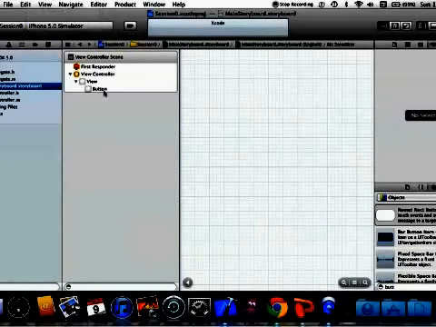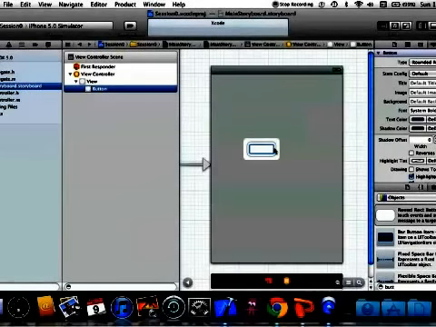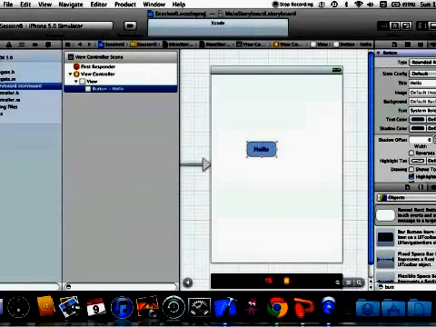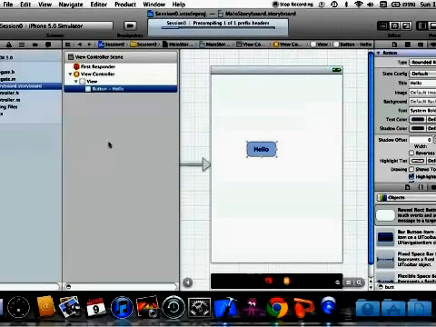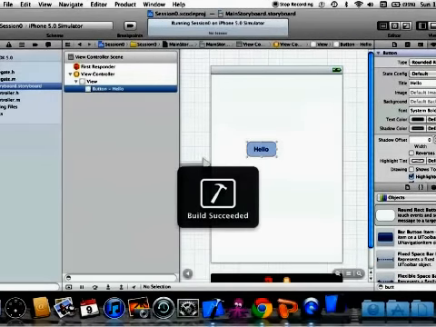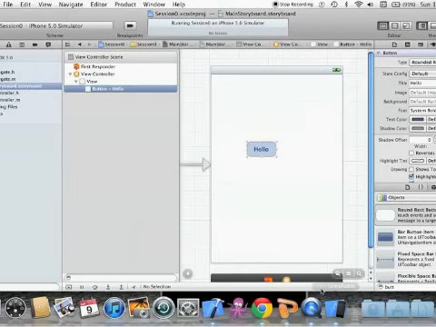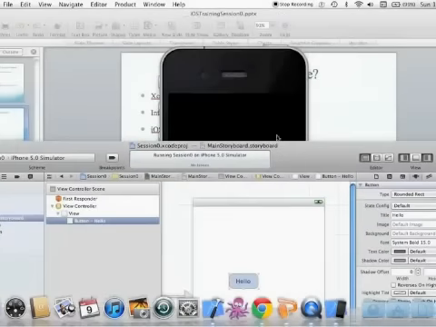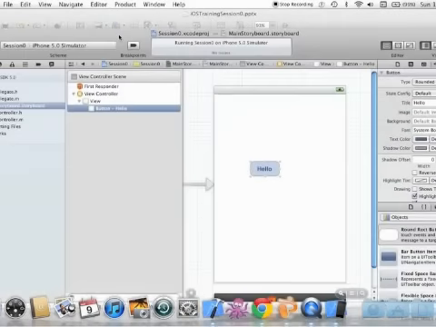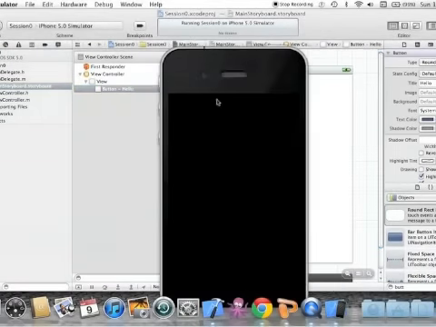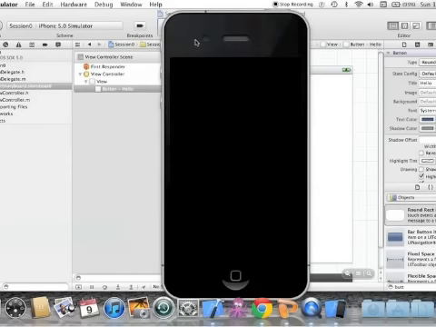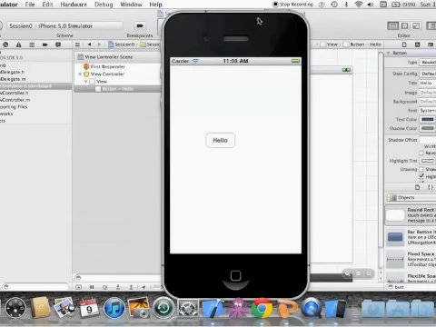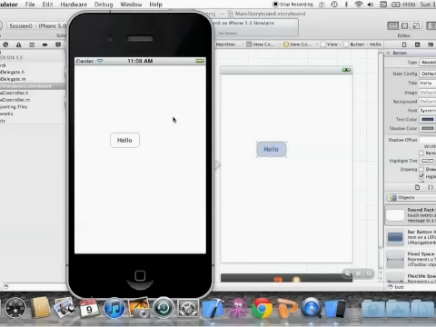Now we just put a button over here and said hello, and then when we go ahead and run this, we are currently running it in an iPhone simulator. So this gives you an idea of how it would look exactly on a device. As you see, this is the simulator that has started up, and as you can see, we just created this hello button and said, okay, how would it look on a